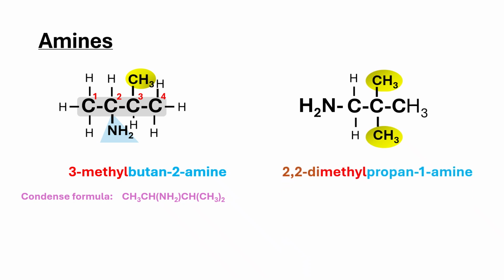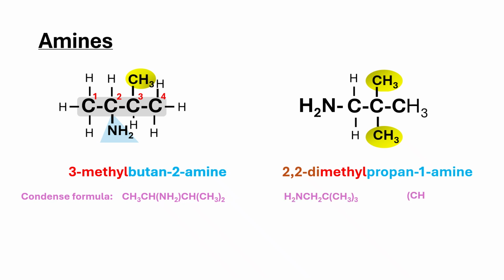So it's 2, 2 because each methyl group is on the 2nd carbon. It's really important to write the number 2 twice to show the location of both methyl groups. Because, you know, in a long chain, it could be 2,3-dimethyl or 2,4-dimethyl. So it's really, really important. And di represents 2 methyl groups on the propane